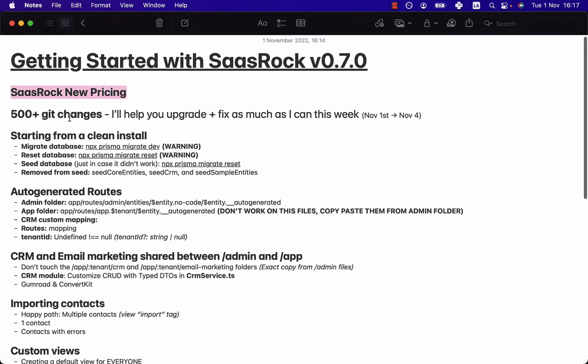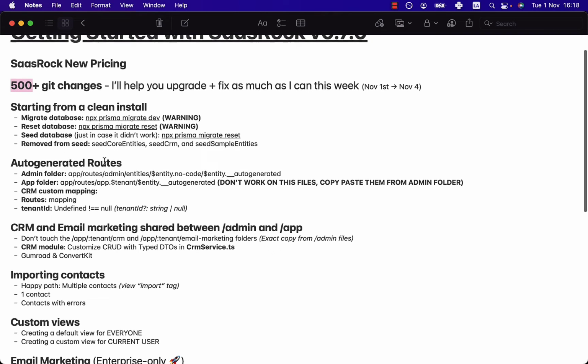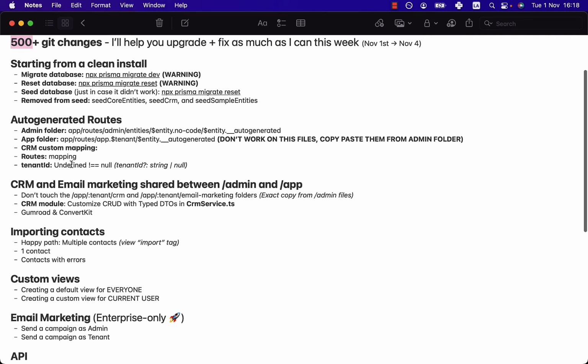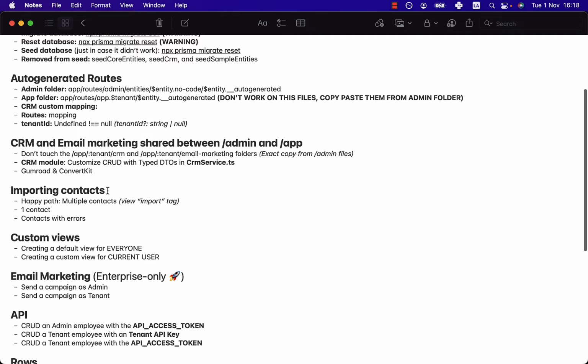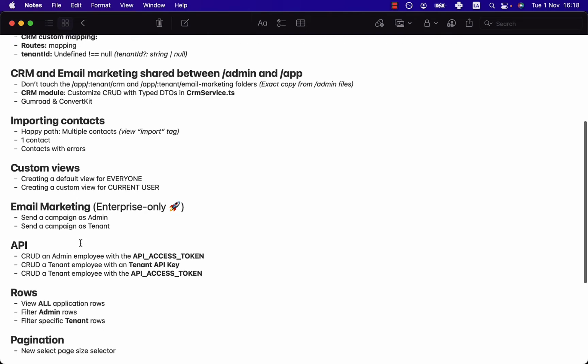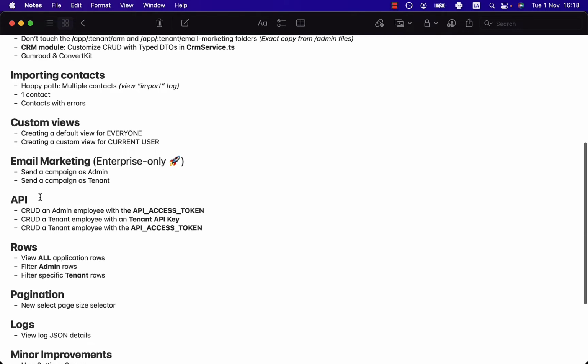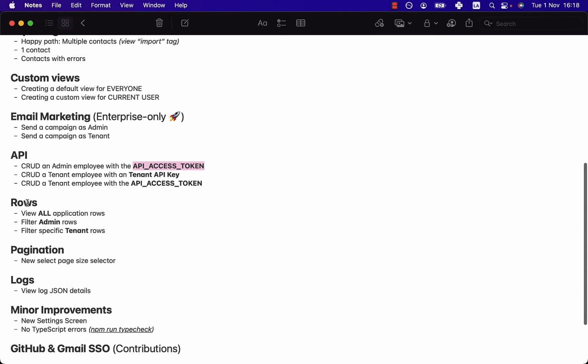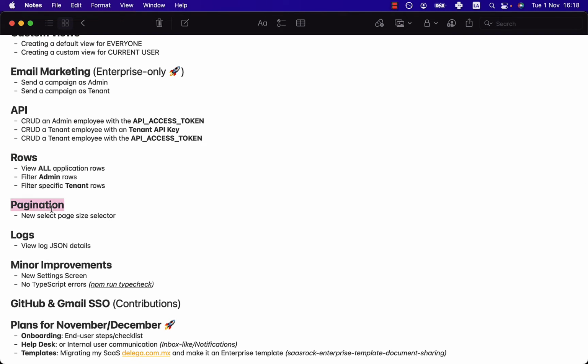you want to learn more about, like SaasRock's new pricing, the Git changes, starting from a clean install, the auto-generated CRUD routes, CRM and email marketing folder structure, importing contacts, custom views for everyone or for the current user, sending email marketing campaigns, the new API with this new environment variable, viewing rows as an admin for all the application rows or admin-specific rows or tenant-specific rows, minor improvement on pagination,